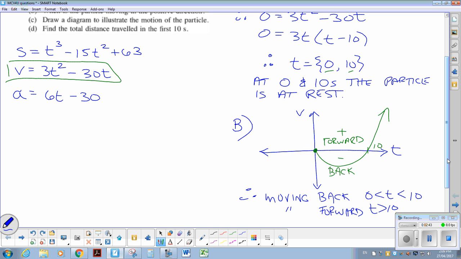C part, do that over here. Draw a diagram to illustrate the motion of the particle. So, give myself rough axes here. So we're using displacement. I know that velocity is 0 at 0 and 10 seconds, so that tells me where we have max and min. So our graph will look like